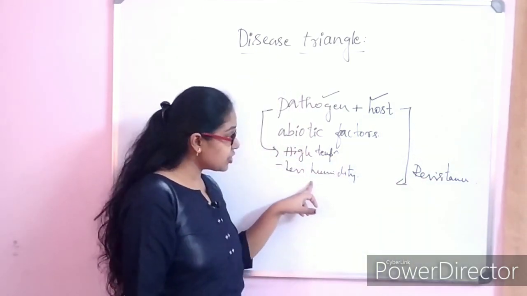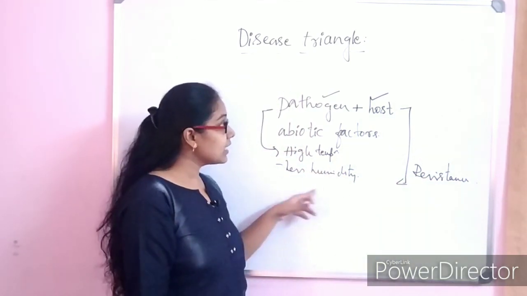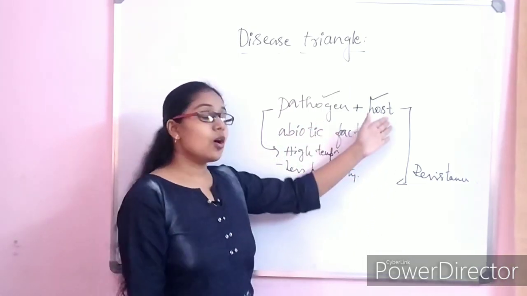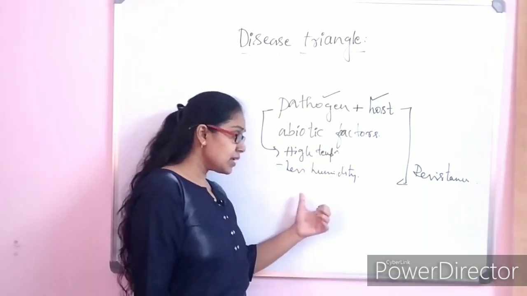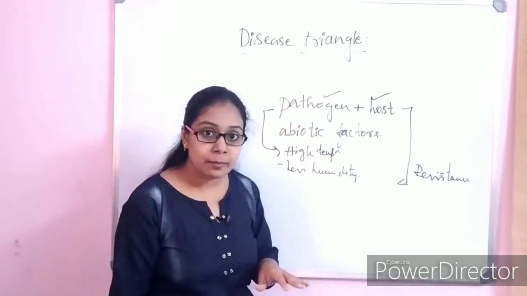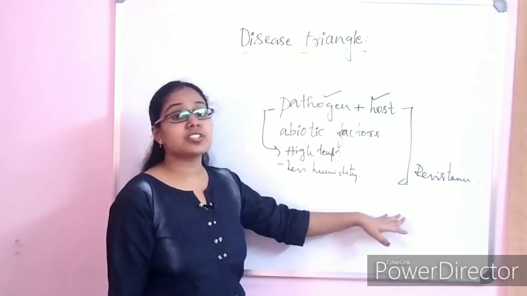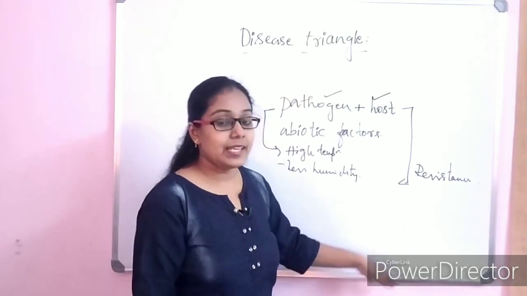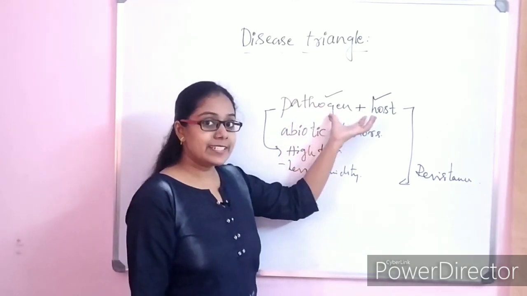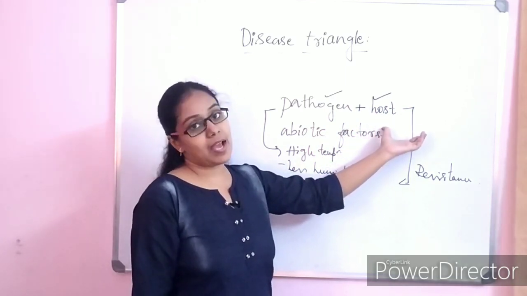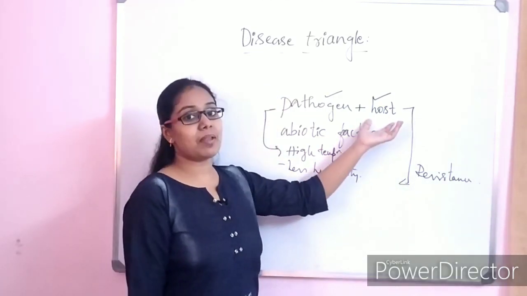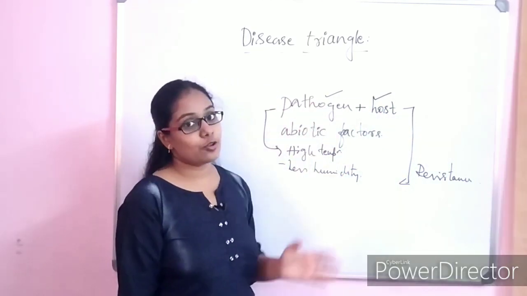If the same high temperature and less humidity cause an increase in the virulence of the pathogen, there we can observe the disease condition in the host plants. If the high temperature and less humidity decrease the virulence, or make the pathogen avirulent, then the disease condition is not seen. Getting? If the conditions in the environment are more favorable to the pathogen, that leads to the susceptible nature in the host plants. And if the conditions in the environment are favorable to the host plants, that leads to the avirulence of the pathogen.